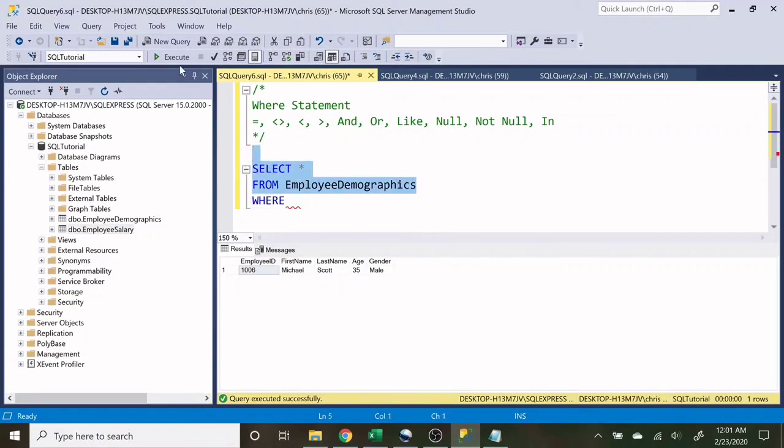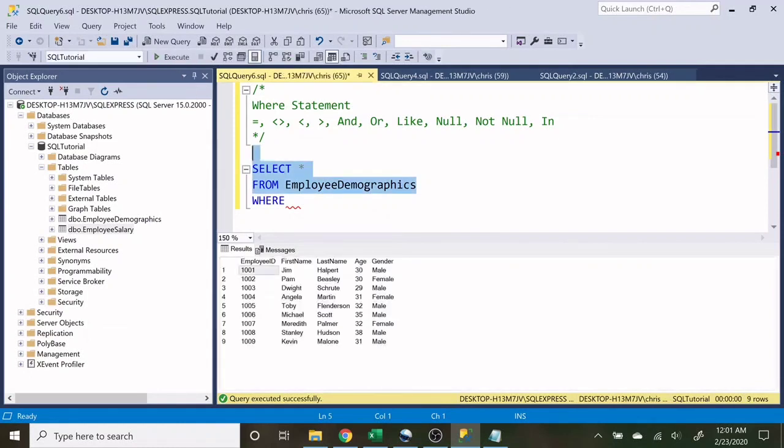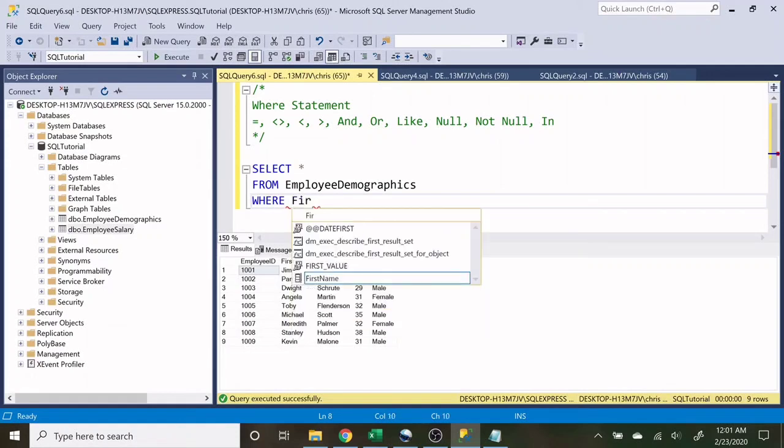Let's look at our entire table. And I wanted to show you how to use null and not null. I can't really show you how to use null because I do not have any null fields. I could easily update this table and make one null, but that's in a future video where it's a little bit more advanced, where you can start altering your data. But just for purposes of showing you what null and not null is, let's do where first name